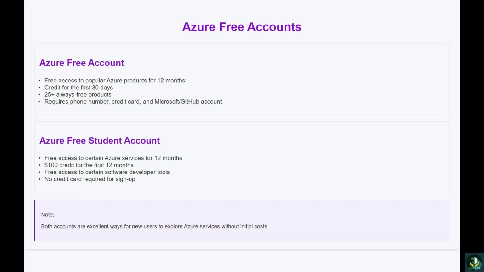First, let's look at the Azure Free Account. This account is designed for general users who want to explore Azure's capabilities. It comes with 3 key benefits. You get free access to popular Azure products for a full year. This allows you to experiment with a wide range of services and understand how they can benefit your projects or